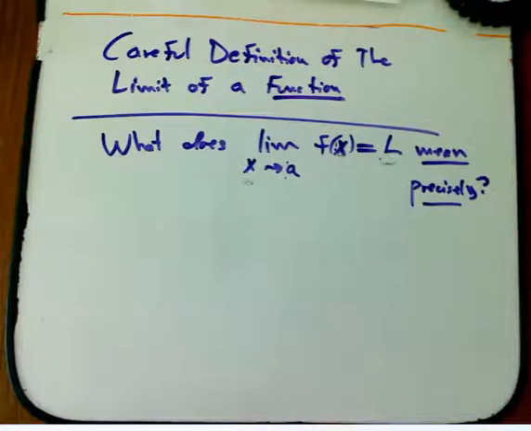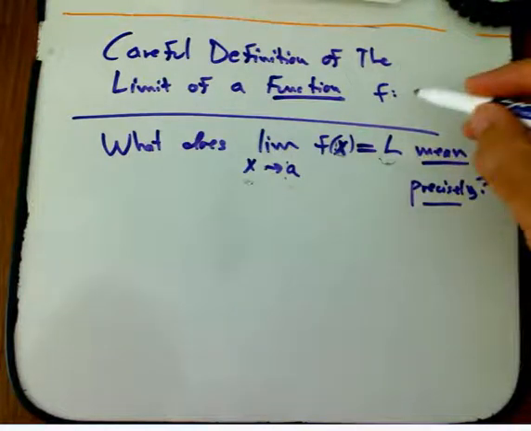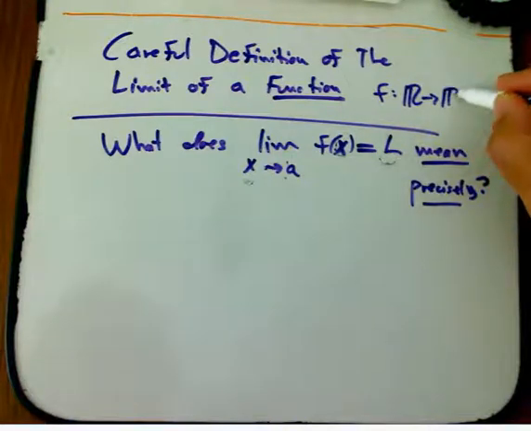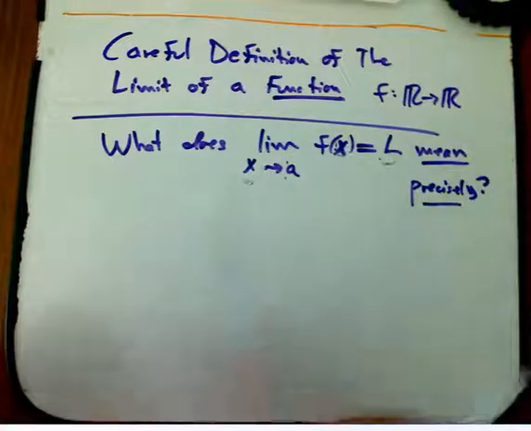Let's talk about the careful definition of the limit of a function. So that's a function, let's say f maybe, although we might use different names eventually, that takes a real number as an input and spits out a real number. And maybe not all real numbers are in the domain or something like that, but basically something has real inputs